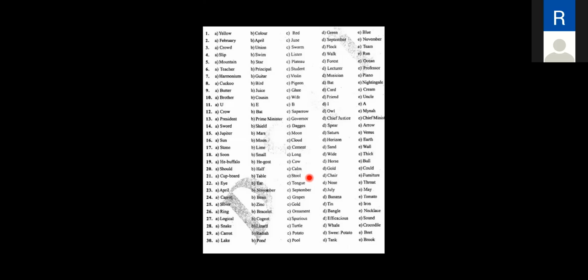Now question number 6. Harmonium, guitar, violin, musician, piano. Again, very simple answer. Most of you must have got it. So answer is D, that is musician, because harmonium, guitar, violin, and piano are the musical instruments, whereas the musician